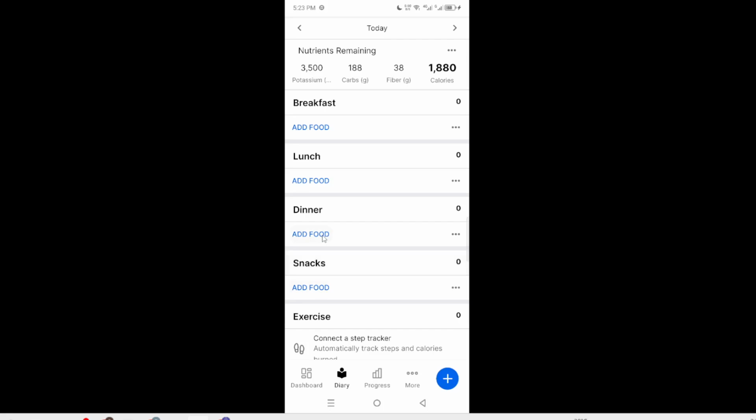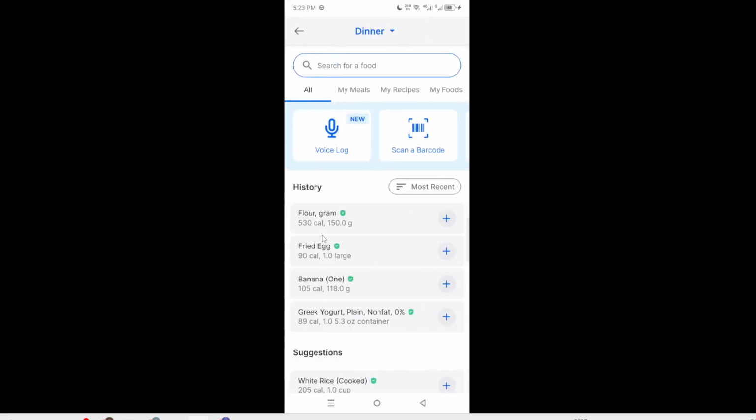Now, tap on the Add Food option within the diary. This button is typically located at the top or bottom of the diary screen. When you press it, a new interface will appear, giving you the tools to search for the food or drink you want to log. This action is significant because it opens up a world of options for logging your meals